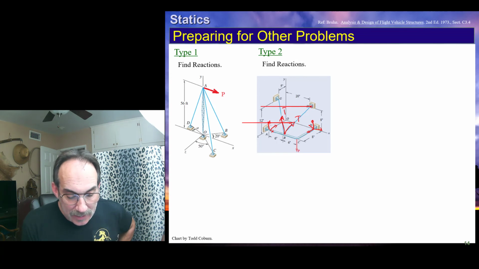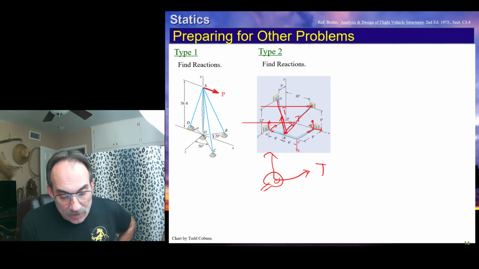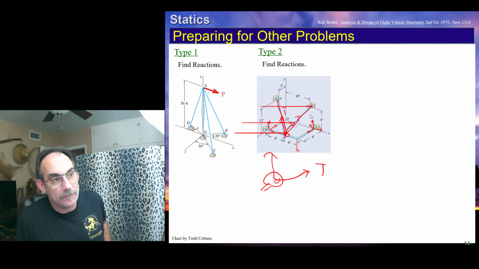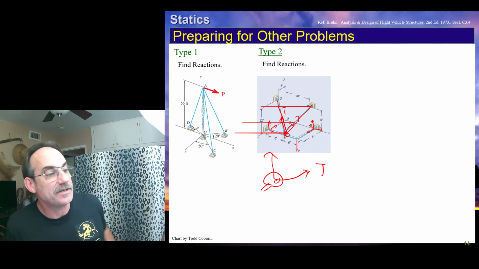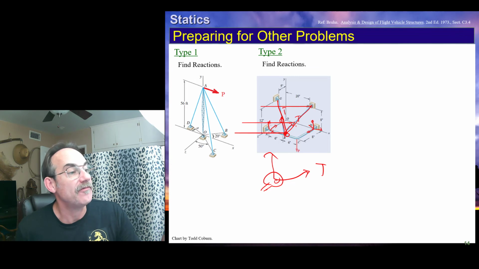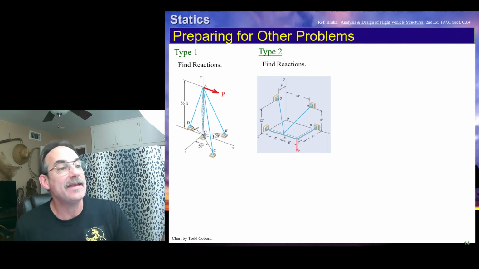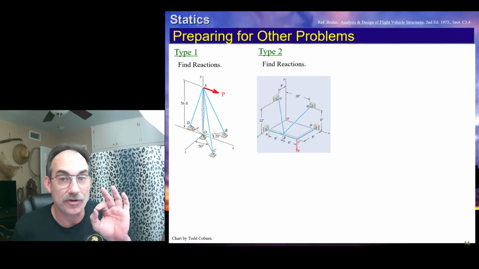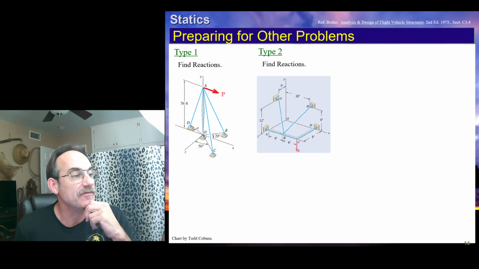Sometimes what they'll do is right here they'll put, say, an eye bolt, and they'll run the cable through the eye bolt. If that were the case, then these 2 tensions in BH and BG would be identical. But if it's tied onto the part, then they aren't necessarily identical. They could be different. So you'll need to read the problem statement carefully, define your endpoints for any vectors, like this tension force,